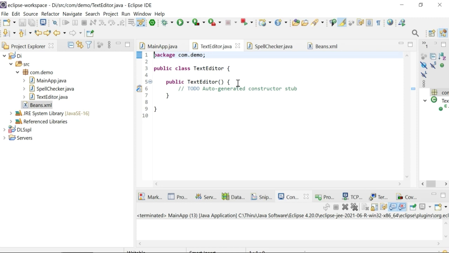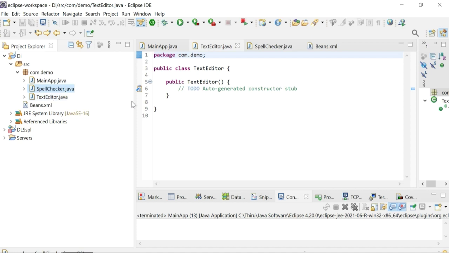Now, as I said, what is dependency? We need to glue a few classes, n number of classes. Simultaneously we need to keep them independent. Here we have two Java classes: one is text editor and the other one is spell checker. We want to glue these two classes, as well as keep them independently. That is, text editor is dependent on spell checker.